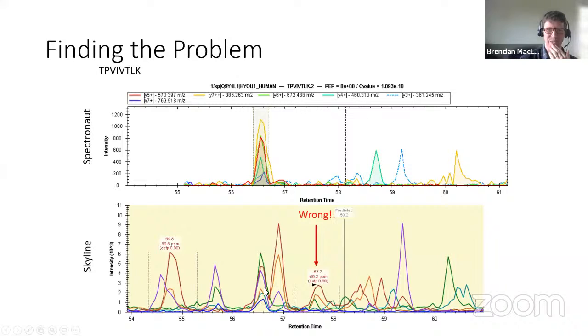Yeah, this is a pretty good peak, but there's a lot of interference that Spectronaut just wasn't even seeing. And this interference was so bad that Skyline didn't even detect this as a peak. This was the best thing with the best coelution it could find. And so that was totally wrong. And that turned out to be